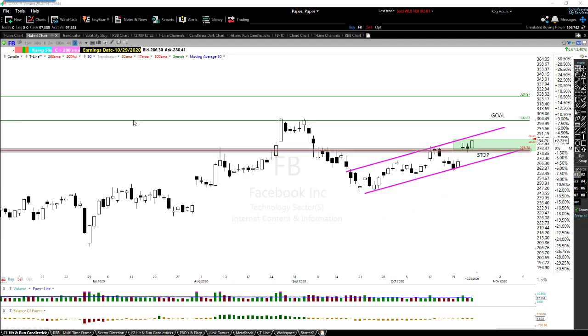All right, let's take a look at Facebook. It has earnings in just a few days here, so be careful with this, all right? But I must say that Facebook is acting pretty darn good here. Here we gapped up 3 days ago and held in there with a couple of dojis, and then yesterday the bulls stepped in and closed this up over those dojis right in here. Right now I'm looking for a buy inside this area, which I think we can. I'm going to raise that up just a tad. So say 286.40 to about